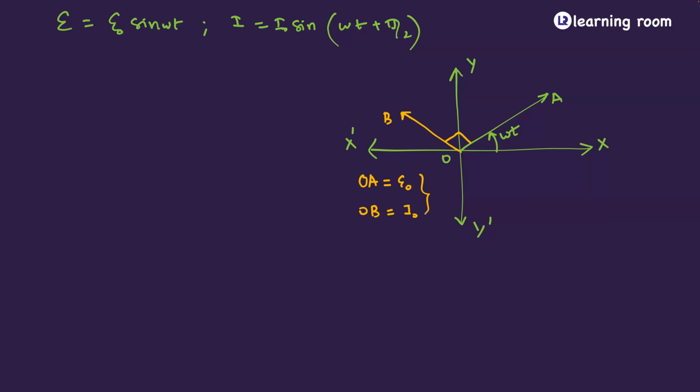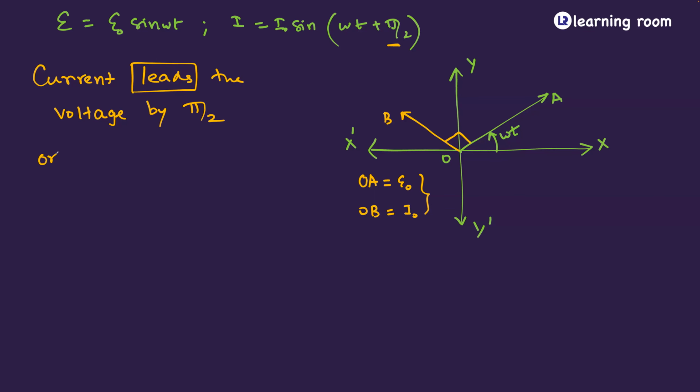So here an important point to be understood is, if you see which one is leading, which one has more angle compared to the other. Current is having an angle of pi by 2 more compared to the EMF. So here you write the statement as: current leads the voltage by pi by 2. Current leads the voltage by pi by 2,